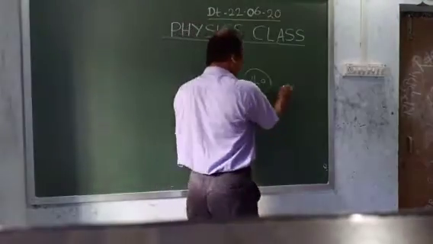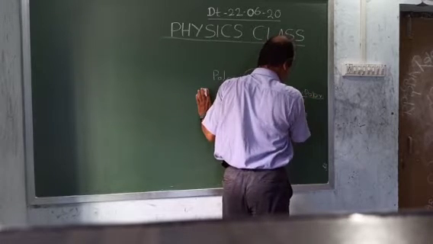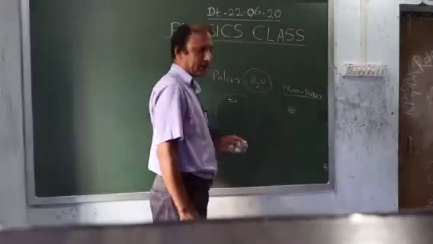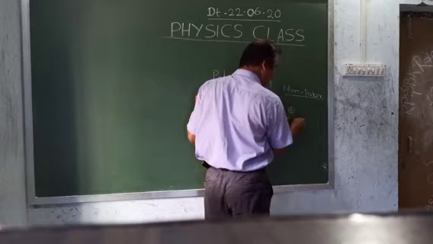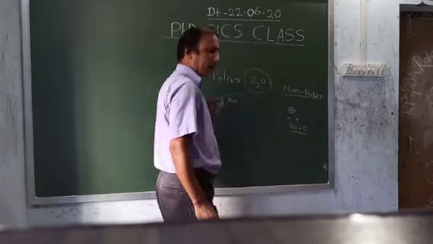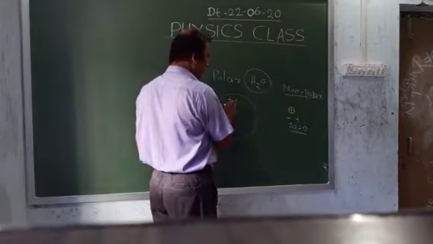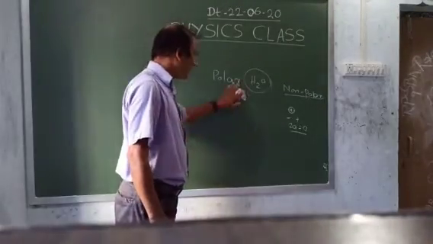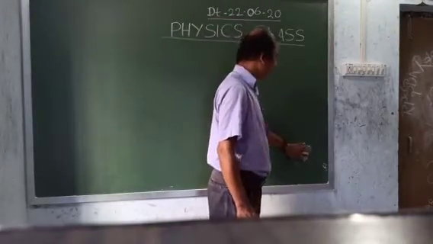Whereas in non-polar compounds, the center of positive charges and the center of negative charges coincide with each other. So the distance between positive charge and negative charge, that is 2a, is equal to 0. Hence, they do not have dipole moment. But in the polar case, you will find that the center of positive charges and the center of negative charges are at a certain distance apart from each other. So they constitute an electric dipole.